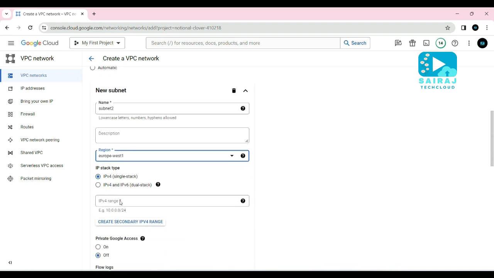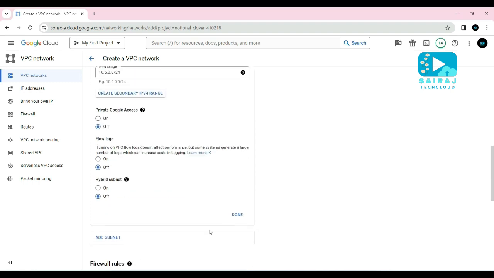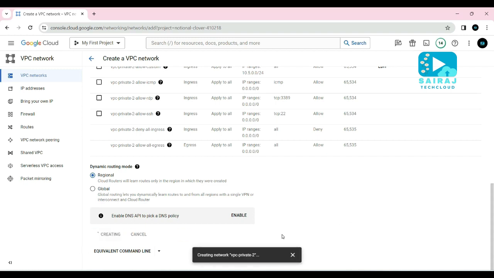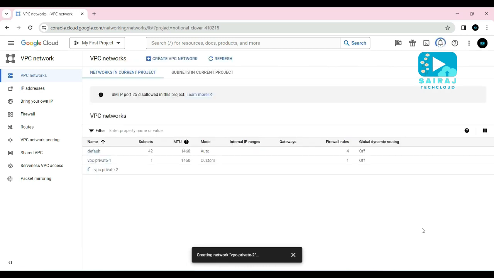For the IPv4 range I enter 10.5.0.0/24, then click on done, leave all the remaining fields as they are, then click on the create button and wait a couple of seconds. As you can see here, the VPC private 2 network is successfully created.